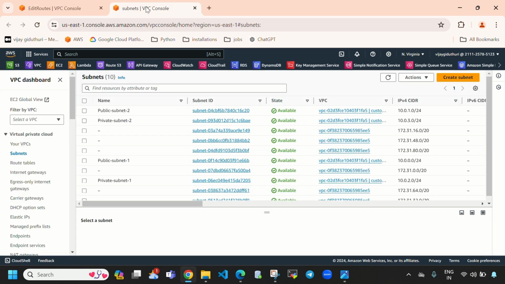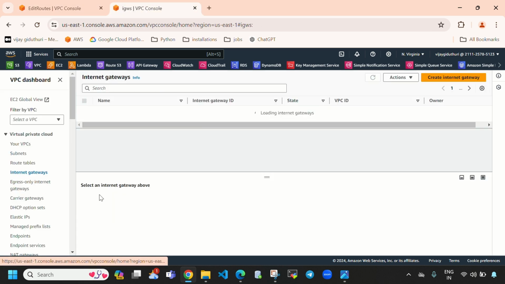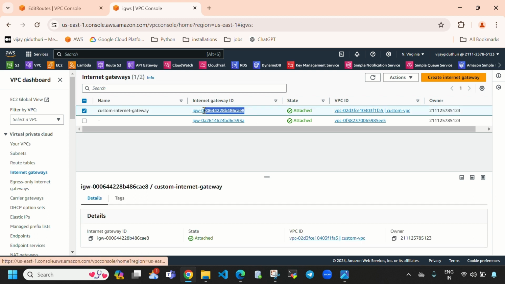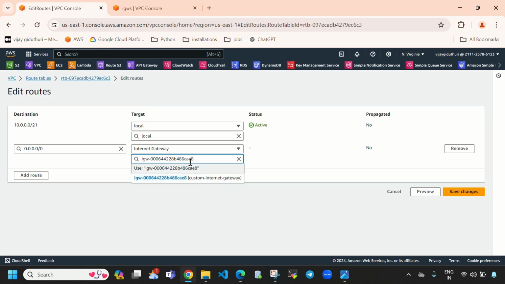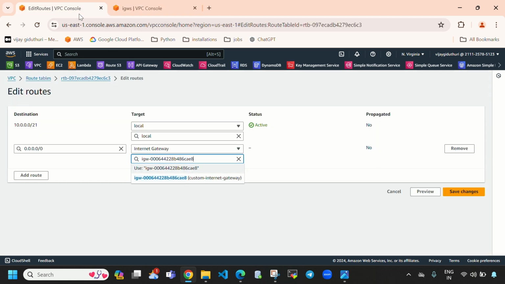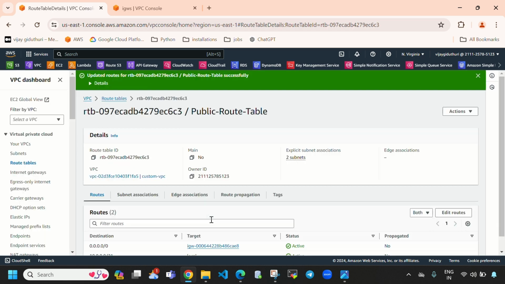Previously I created this internet gateway. So here you can see this is the internet gateway ID, at last you can see CAE8. We are going to attach this custom internet gateway to this route table. So directly select here custom internet gateway and save changes.